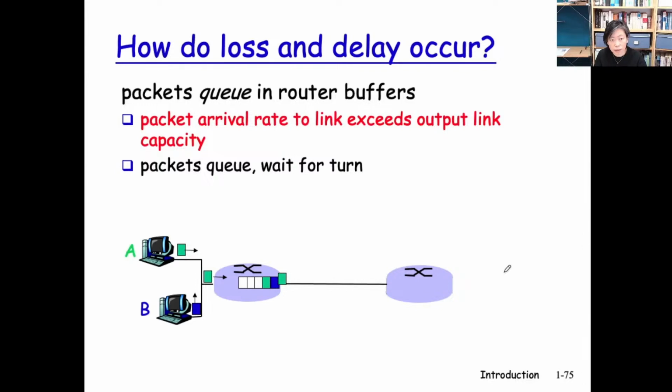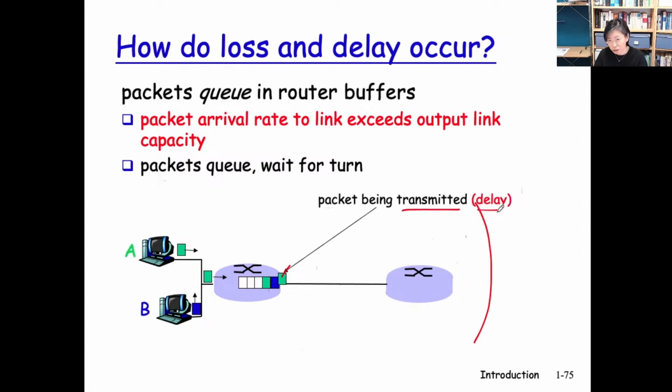How do loss and delay occur? Well, let me draw your attention to the example below to make it a bit easier. First kind of delay is happening here, in the packet that is going out, being transmitted out. That delay the packet is experiencing is called the transmission delay. That is the time it takes to transmit the packet, and we know how to calculate it, don't we? It's packet size divided by the link rate.